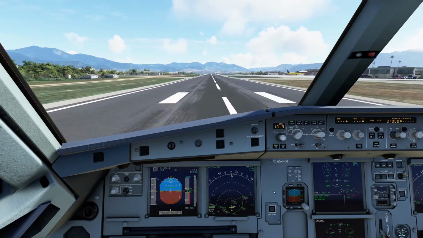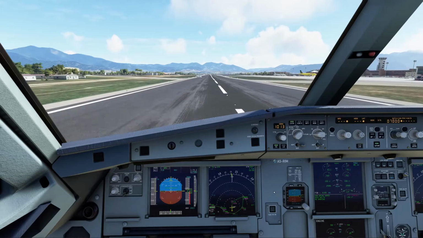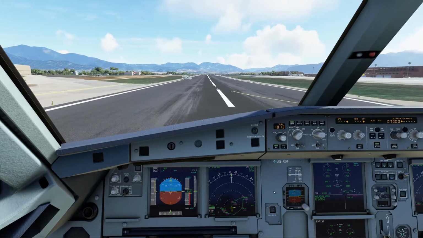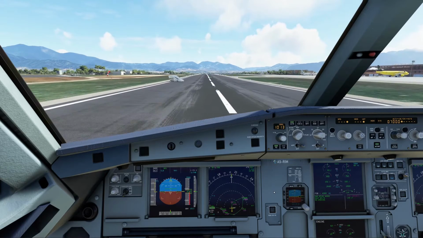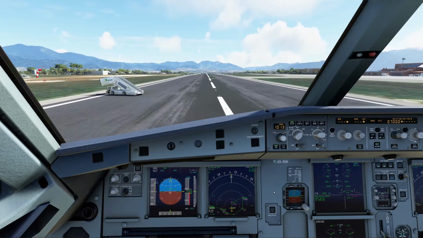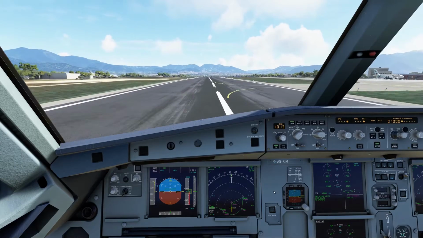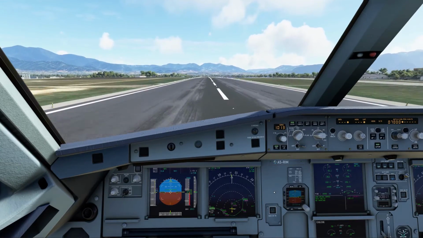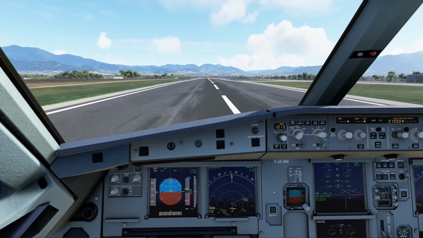Okay, man, flex, SRS, runway. 80 knots. Can you see that stairs on the side? Crazy. 100 knots. V1. Rotate.